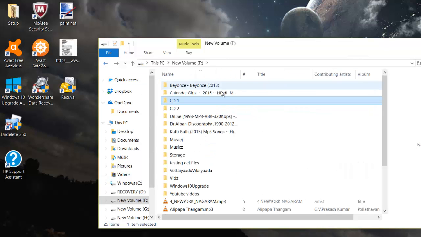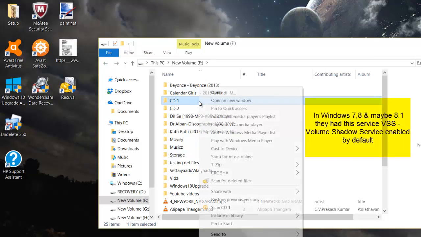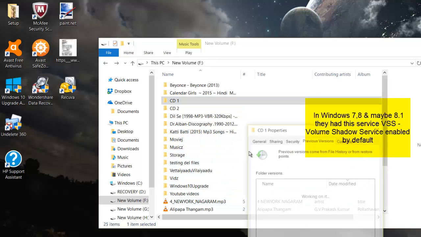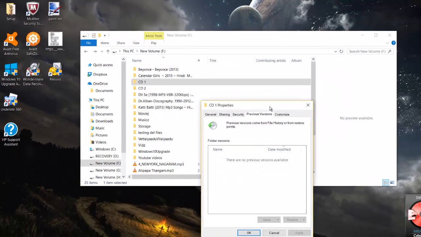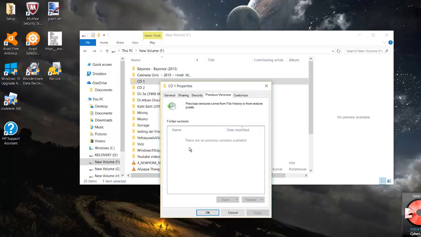Well, in Windows 7 and 8, you had this option of doing a right click and going to the option which says restore previous version, and going to this tab, Previous Versions, and then you can select the date that you need to go back to, and click on restore. Now they are grayed out for me because this is Windows 10 and this service is called Volume Shadow